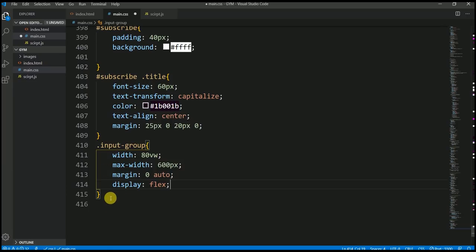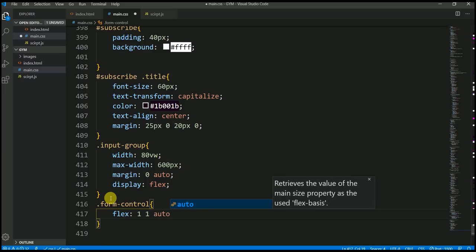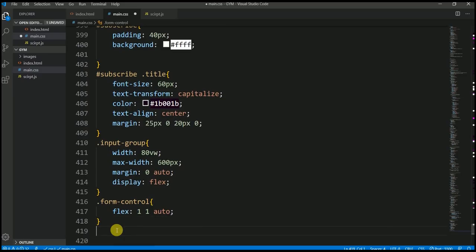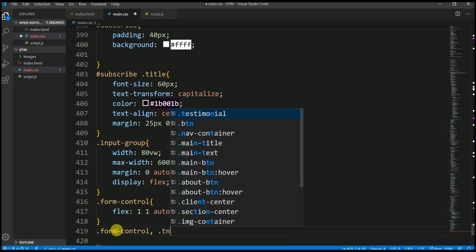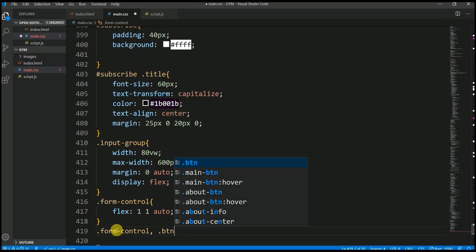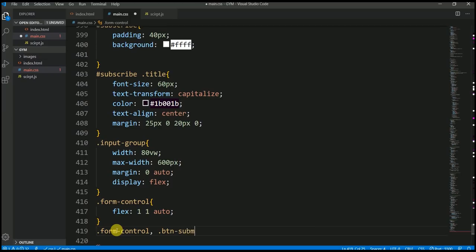Okay, now the next one is form control. So form control, and this form control I would like to go with the flex. It should be flex grow 1, shrink 1, and auto. Oops, auto. Now I'm going to go with the form control and button, submit button. Okay, so this is a submit button,